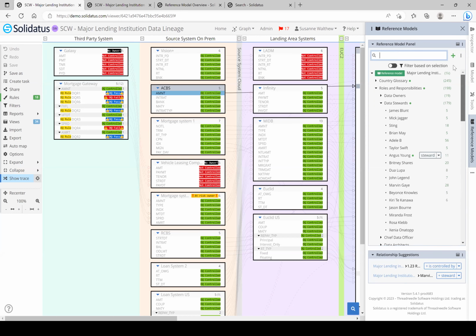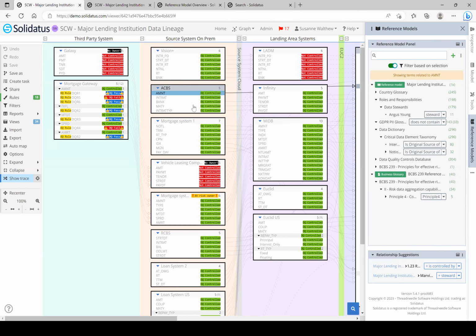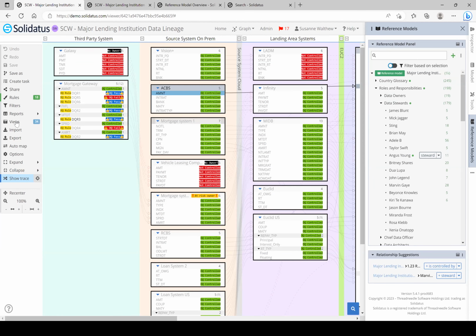So what I can do is highlight an amount, and I can filter on there, and I can see amount is owned by Angus Young. It's not PII data, but it is a CDE, a critical data element. And also it pertains to principle 4 of BCBS 239. So we can do it at the attribute level, but if I flick to another view here,